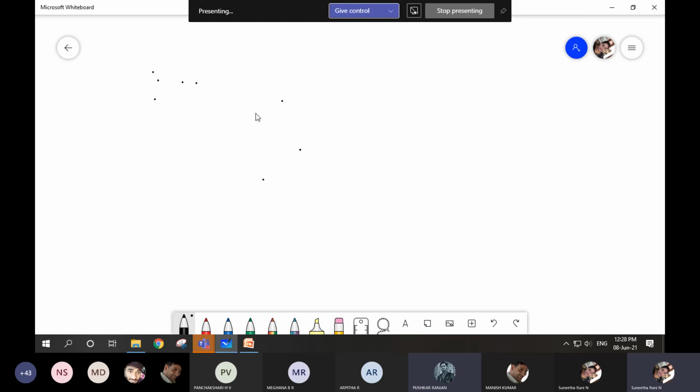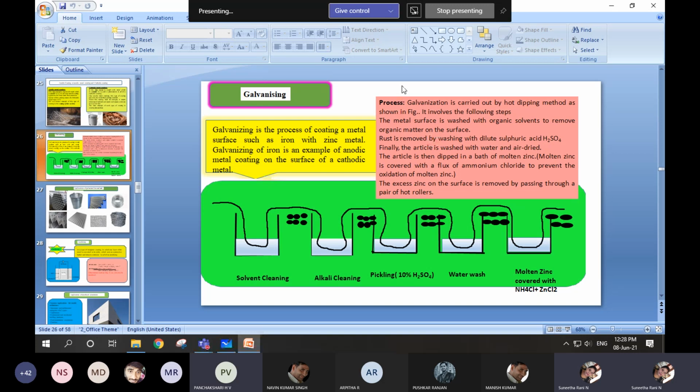Ask Naveen, I think he is able to see or not. No, ma'am. I can see only dots on the board, ma'am. Few dots are there. Fine. We'll see this trial and error after that. Don't waste the time. You just write this galvanizing. We'll start using the writing pad. If it is fine, I'll try to use it. We'll see how far I can do it best.